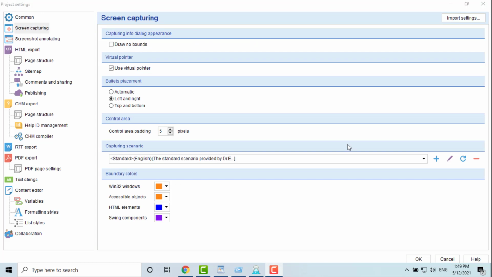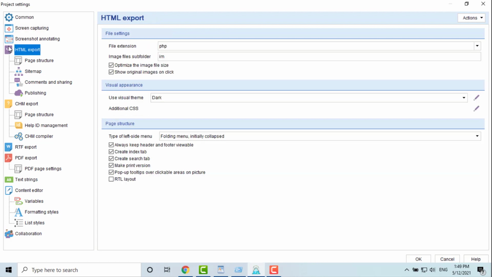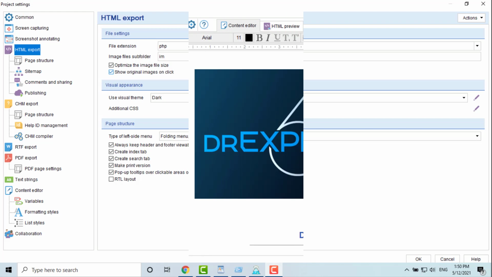Let's go over a few more points regarding graphics. All images exported to the final documentation format are converted to PNG, a format with transparency support. In free mode, all images in the final document will contain a watermark. In the project settings for exporting to HTML format, you can set the relative path to the folder where all the graphic files are stored. Here you can also control the options for optimizing images, and displaying full-size images on click in the lightbox style.